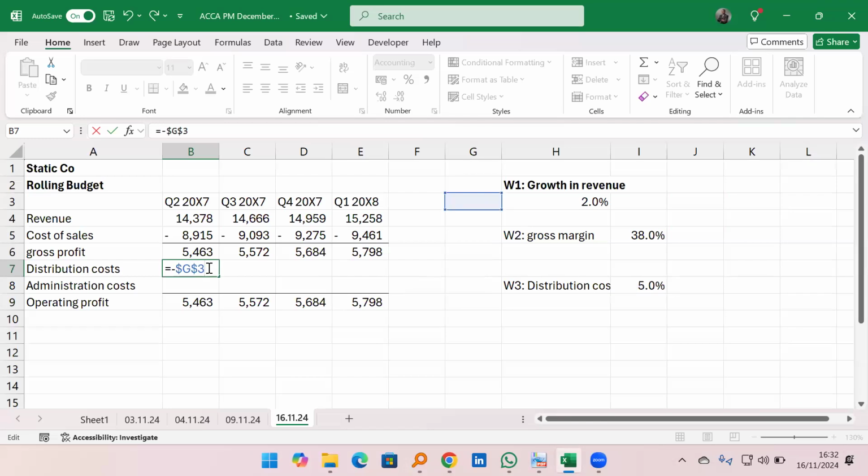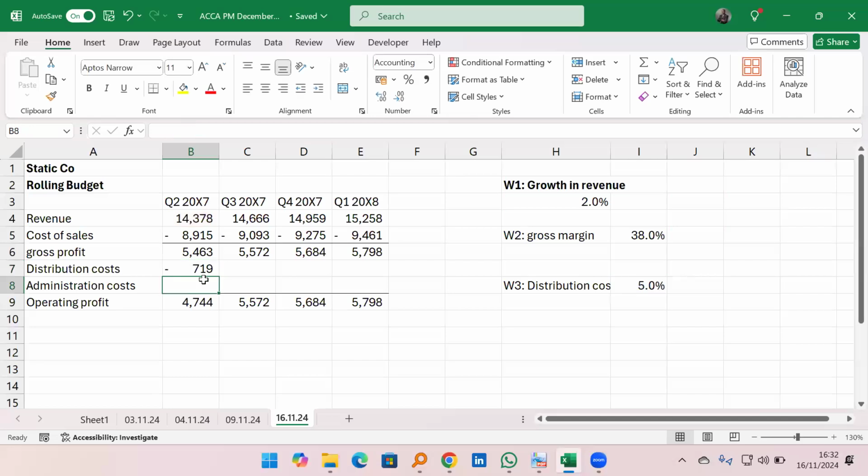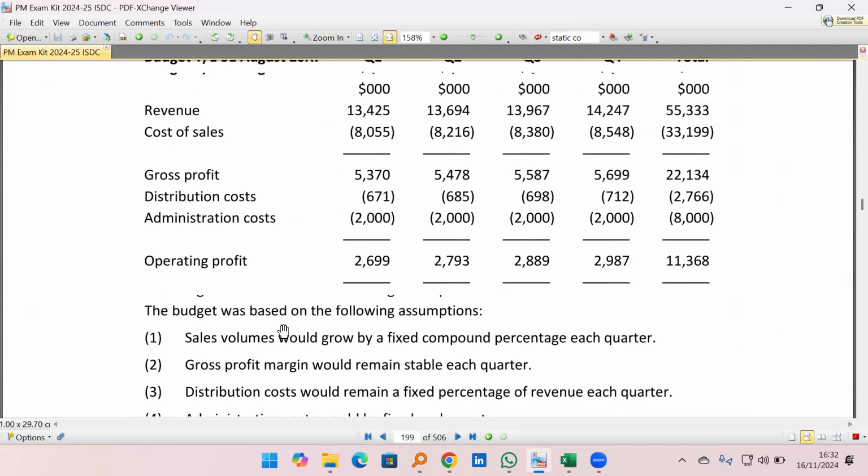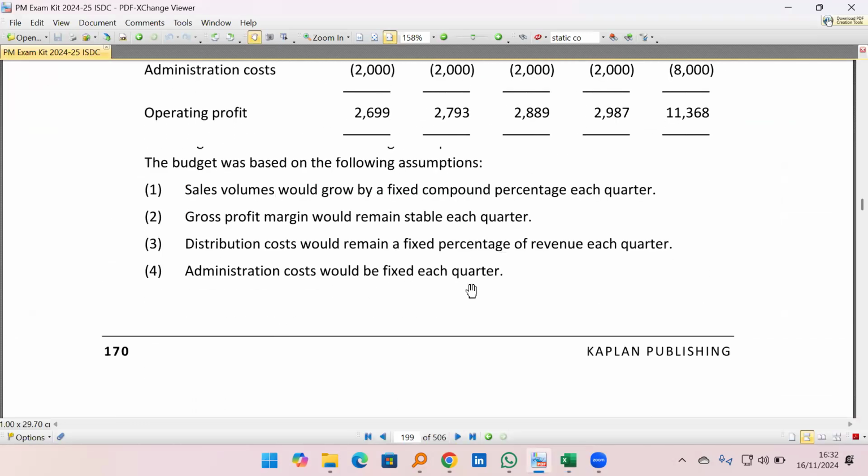So 5% multiplied by the revenue. That gives us... Oh, I changed the, okay, let me just change this one to I. Yeah, so which gives us 719. Then you drag them through, and then also the admin costs are going to be fixed each quarter, which means that for the admin costs,